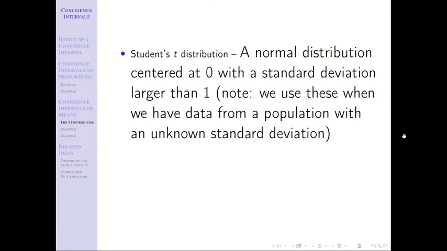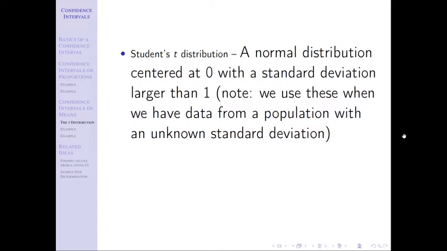Remember, the law of large numbers said as my sample size increases, the statistics that I use to estimate my parameters get better and better. But notice we're estimating. We don't really know, right? And so we're going to be using s as an estimate for sigma. We'd rather have sigma. If we can have sigma, we get to use a z. But the law of large numbers says as my sample size gets bigger and bigger, s becomes a better and better estimate of sigma. But it's just an estimate.